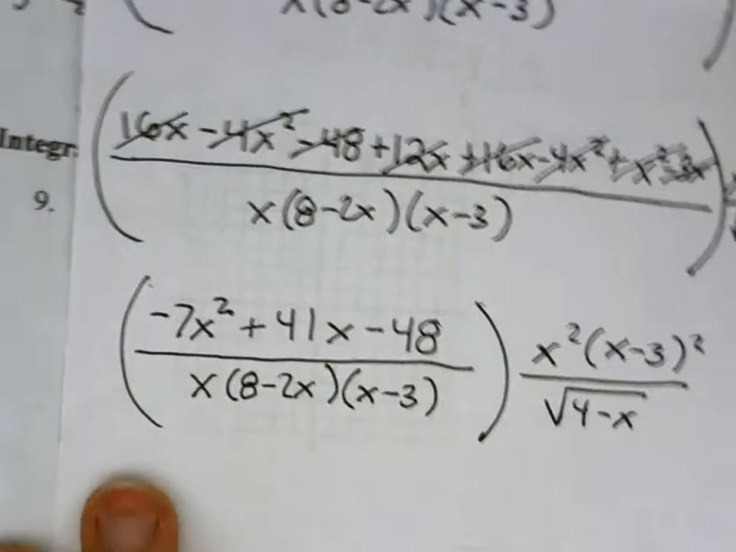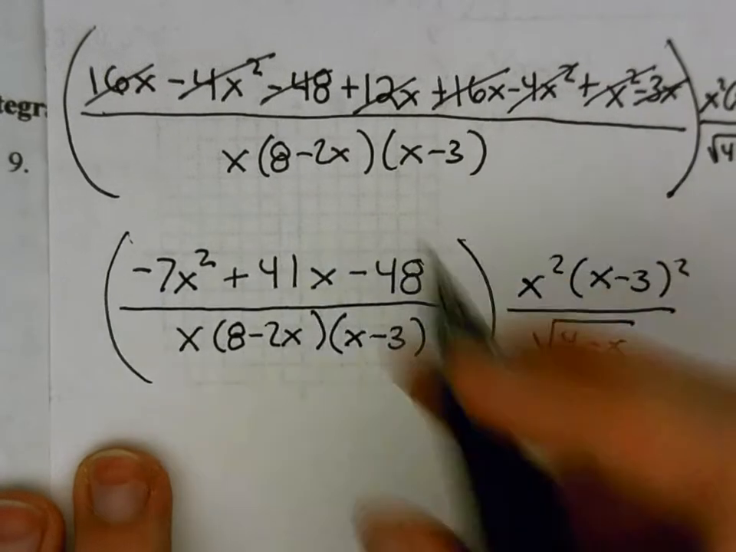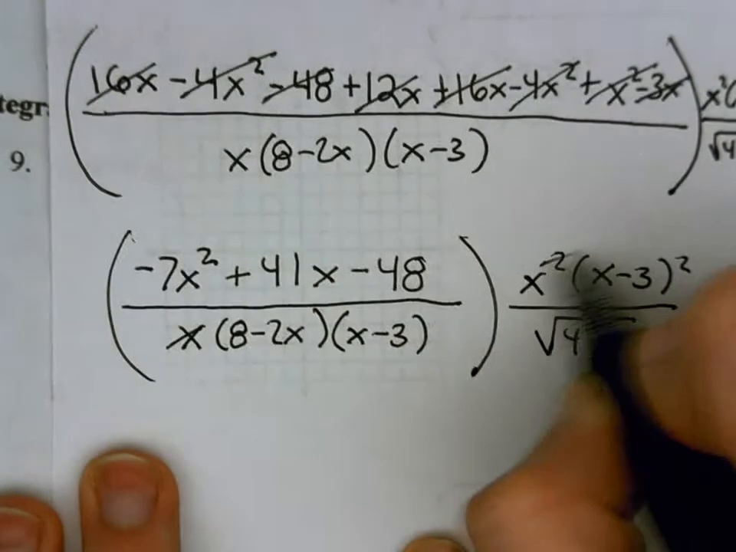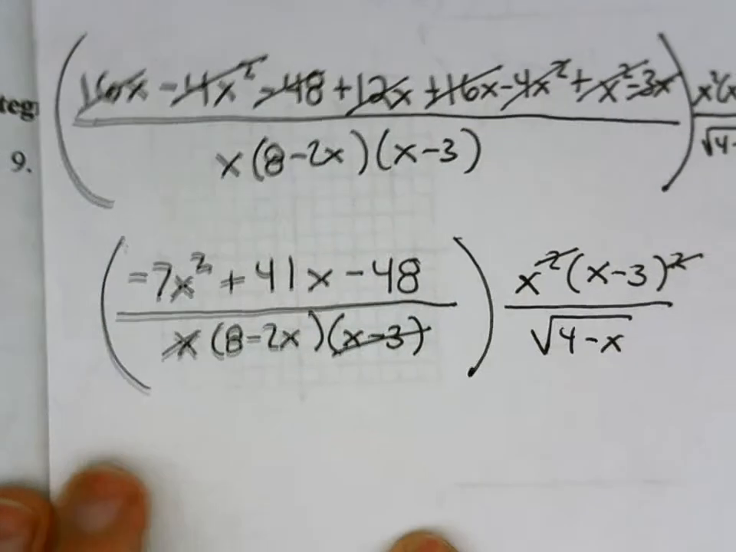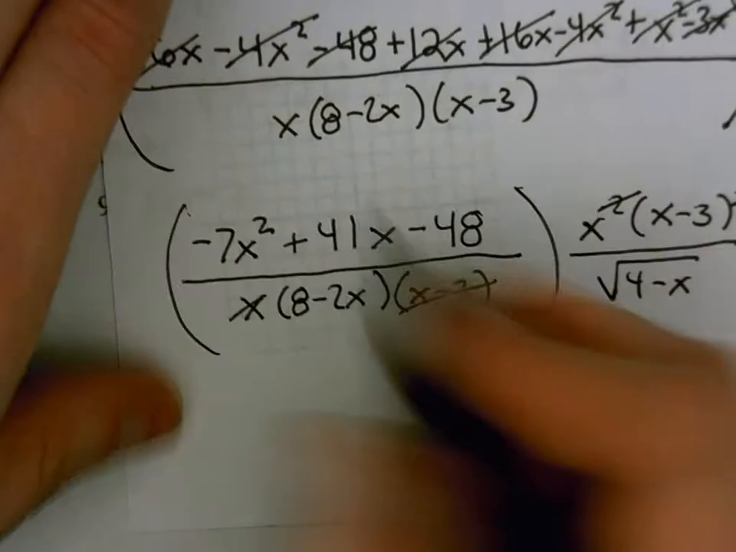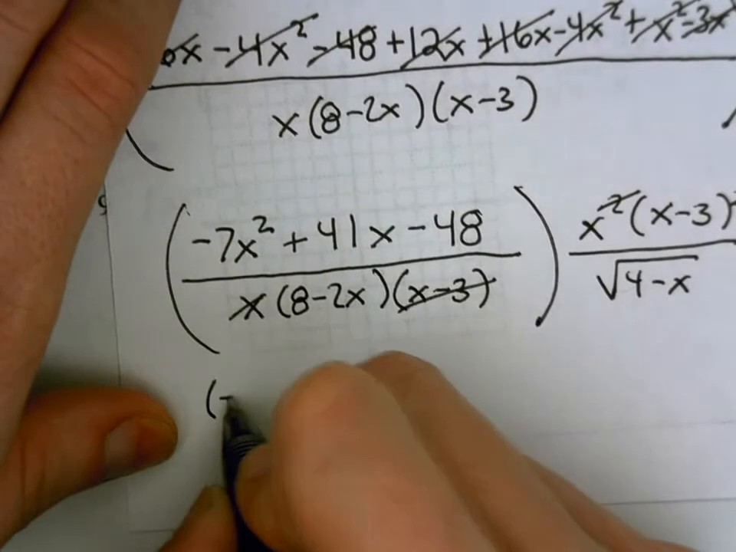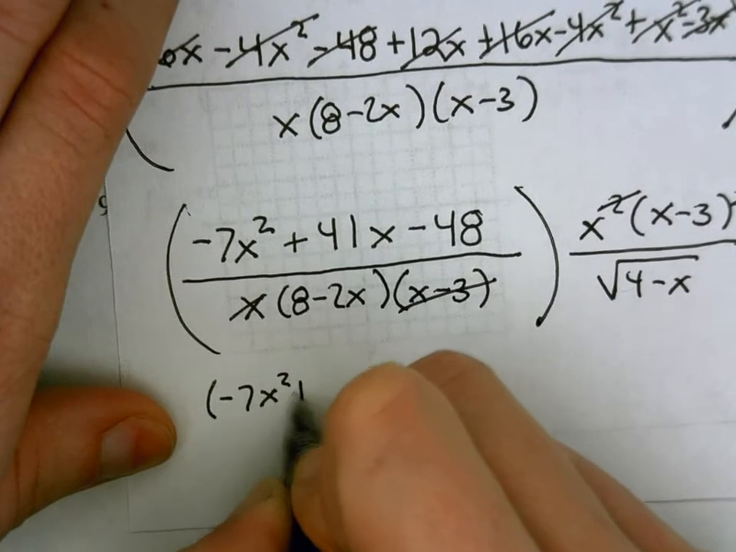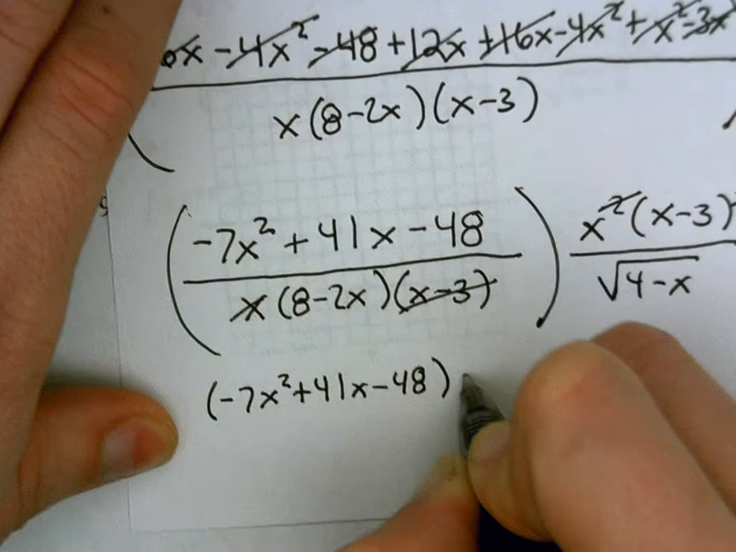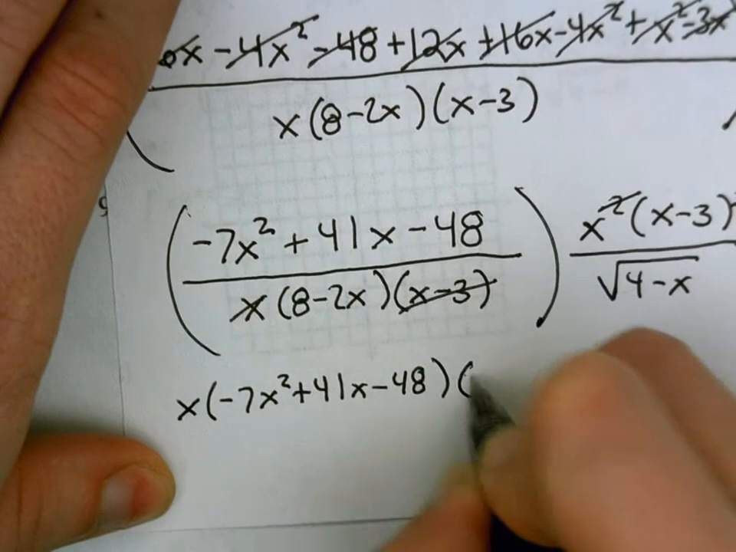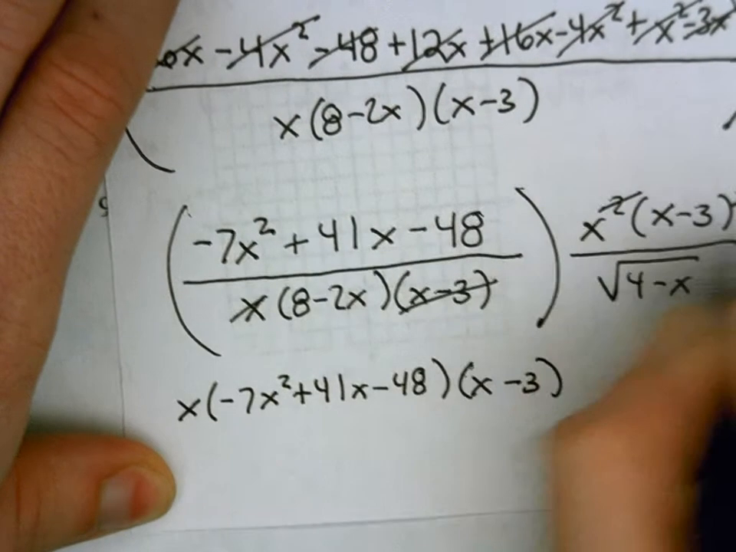And this then is going to allow us to do a little bit of simplification. The x is going to cancel with the x squared. This x minus 3 is going to cancel out an x minus 3, and we're going to be left with two possible answers. One might be negative 7x squared plus 41x minus 48 times x and that x minus 3 that are left after the simplification,